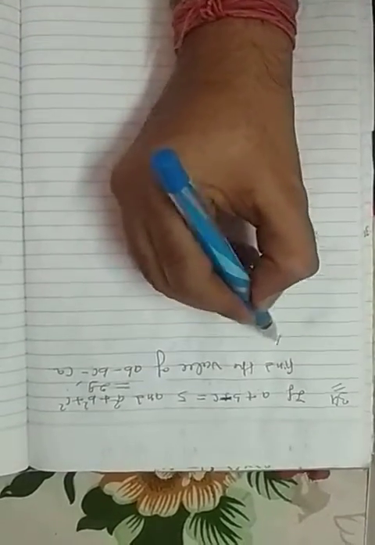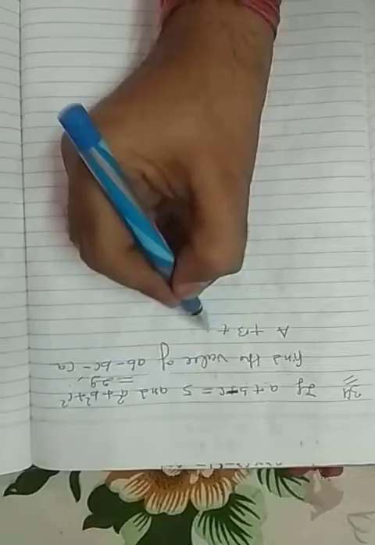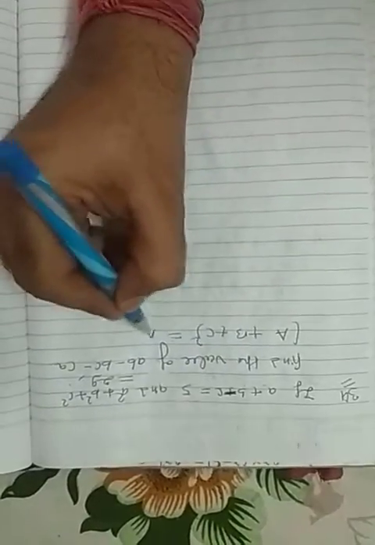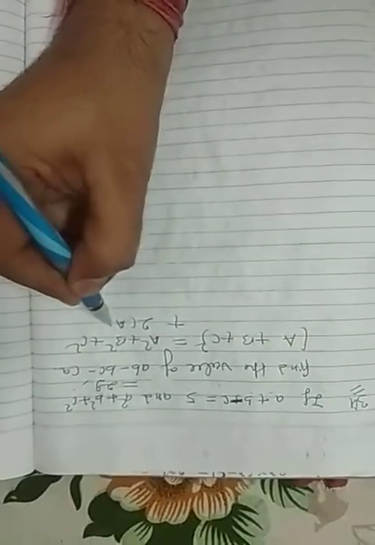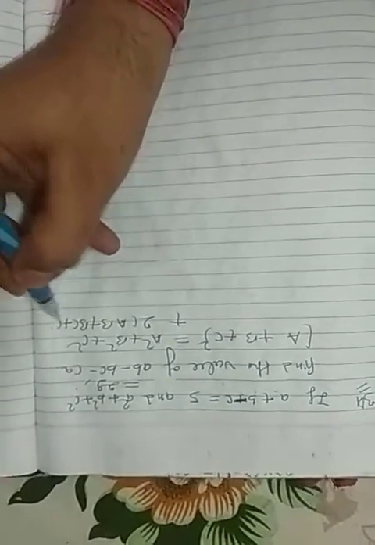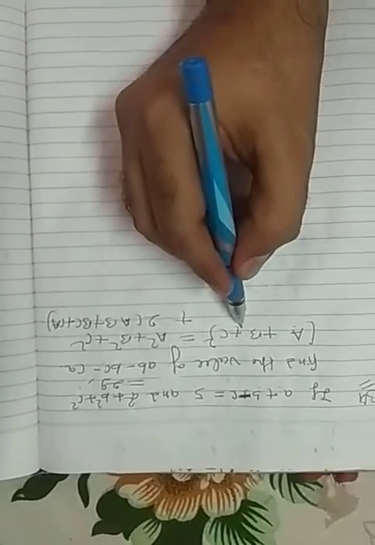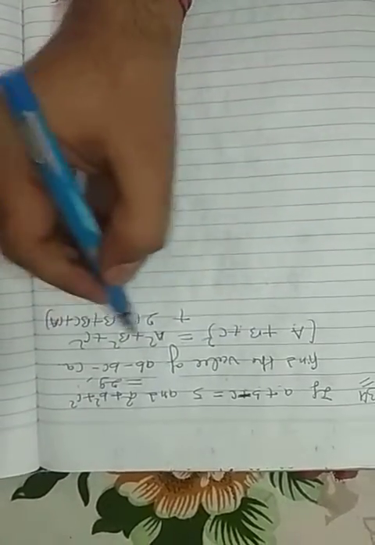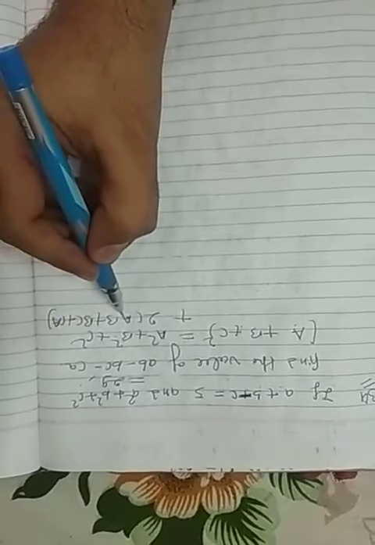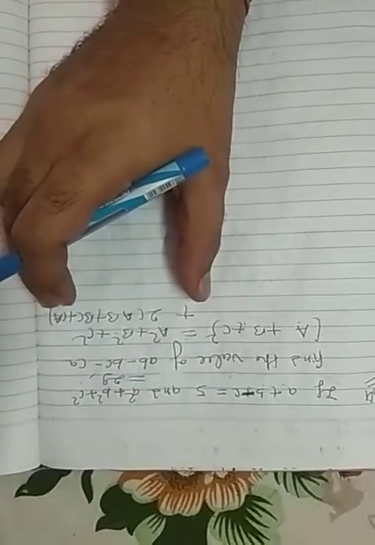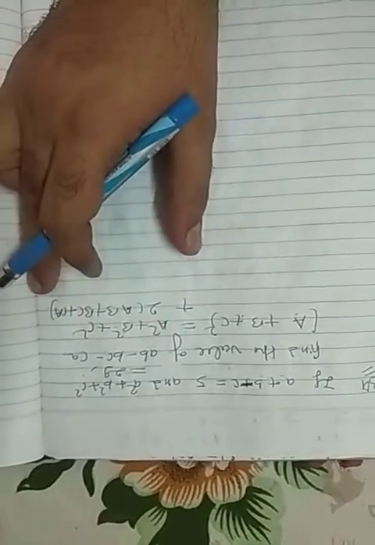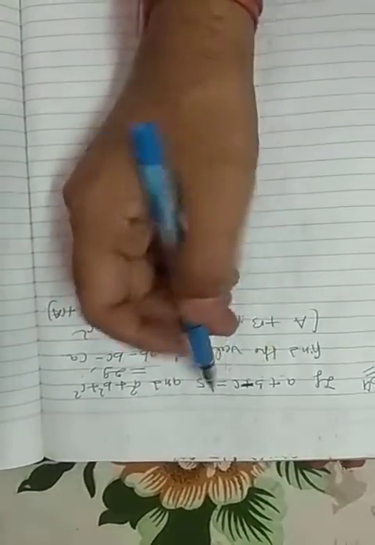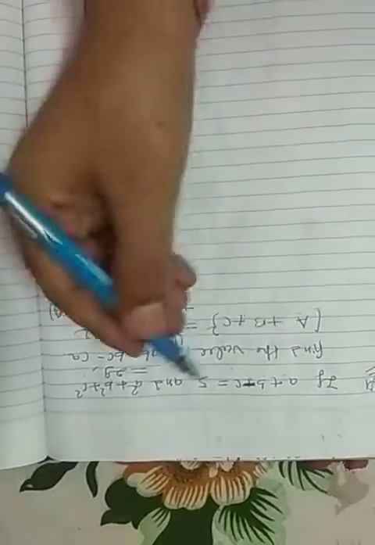So for that we use the formula a plus b plus c whole square equals a square plus b square plus c square plus twice of ab plus bc plus ca. Here are three terms. The first term is a plus b plus c, the second term is a square, b square, c square, and the third term is ab, bc, ca. So there are three terms, and if you know the value of any two terms, then directly apply this formula. There is no confusion with sign. You take the value with sign.